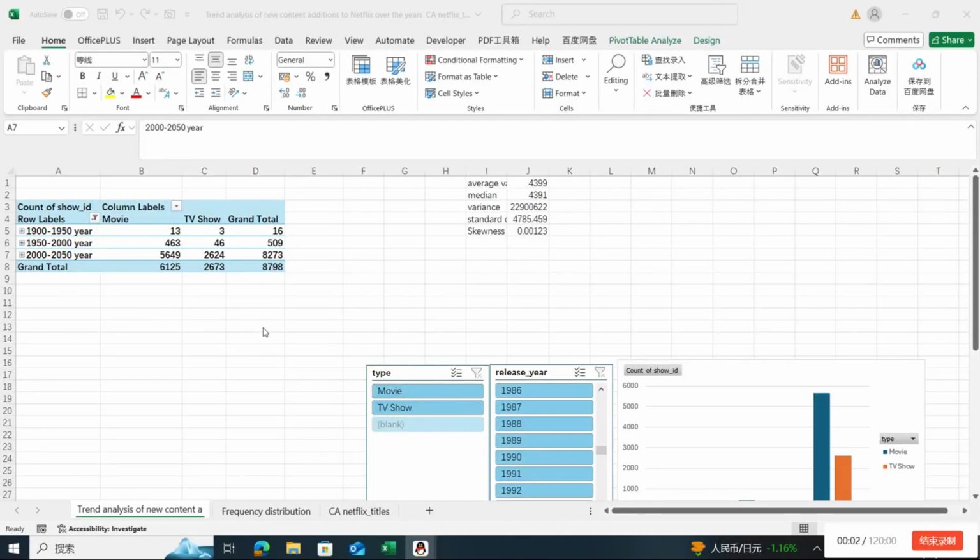Excel describes the relationship between type and release year. It aims to explore the trends in the annual edition of Netflix. I grouped the years in this pivot table and I calculate indicators such as average value, median, variance, standard deviation,